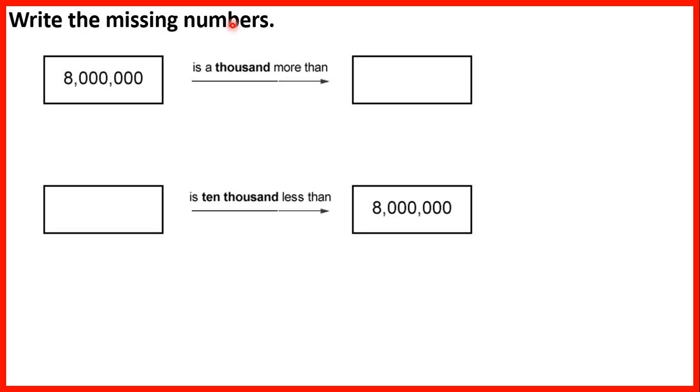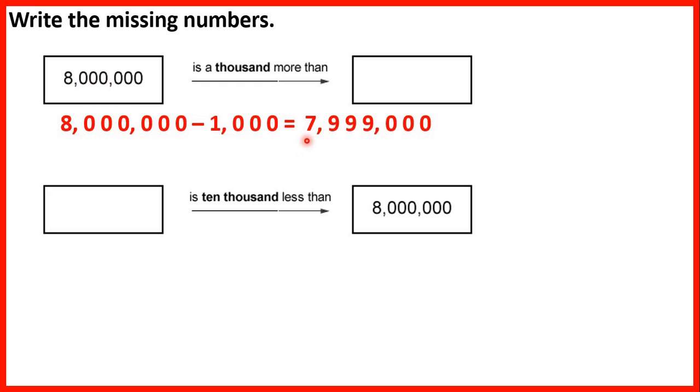Write the missing numbers. 8 million is 1,000 more than which number? So this number here will be 1,000 less than 8 million. So we need to work out 8 million minus 1,000. That's 7,999,000. And we can work that out mentally if we know that 8,000 minus 1 is